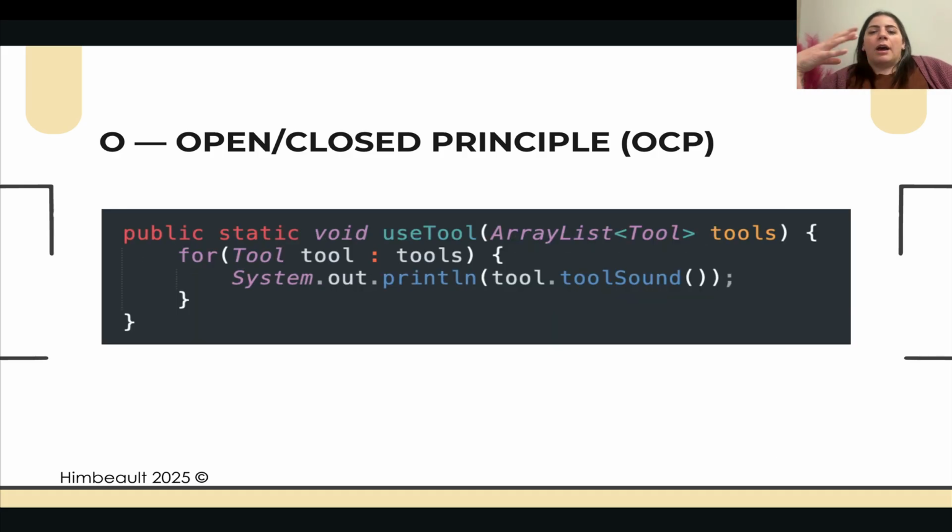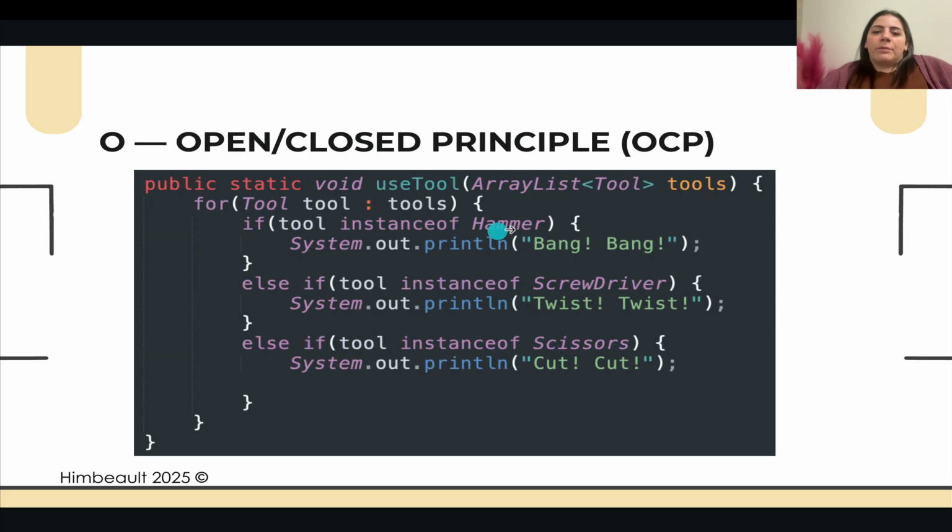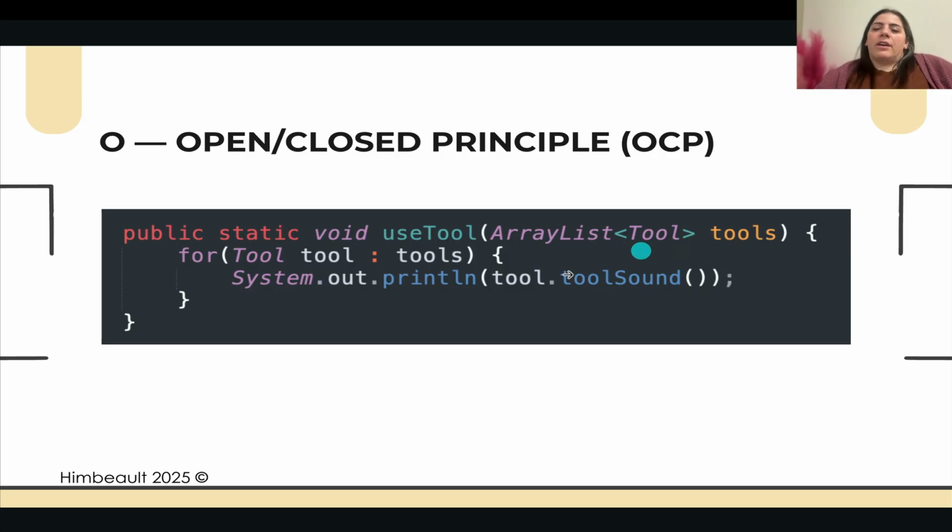Well, we can absorb this idea of tool sound. We can do this in a few different ways. When we look at this, it's obvious that we have a hammer class, a screwdriver class, and a scissors class. Each of these needs to implement a tool sound method. How do we enforce that? Well, tool is going to be an interface that's going to enforce tool sound. Oh, I thought I had a picture of that, but I don't. Tool is an interface, and so each of those hammer, screwdriver, and scissors would implement our interface,